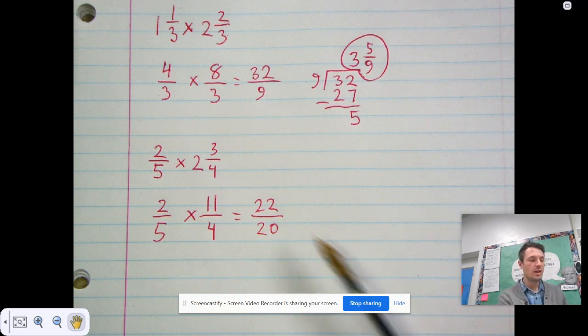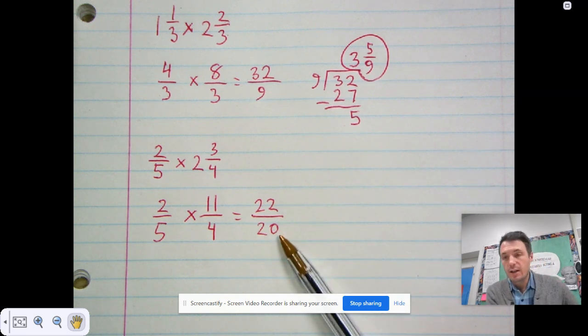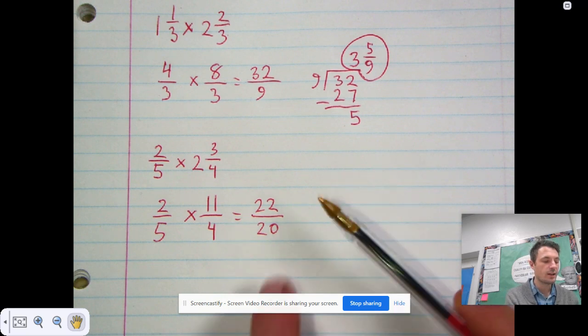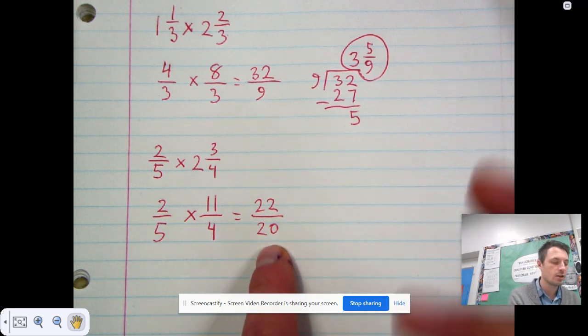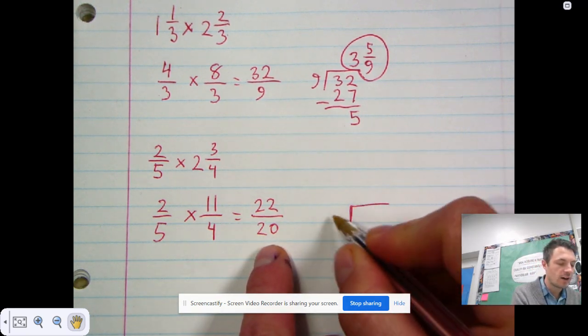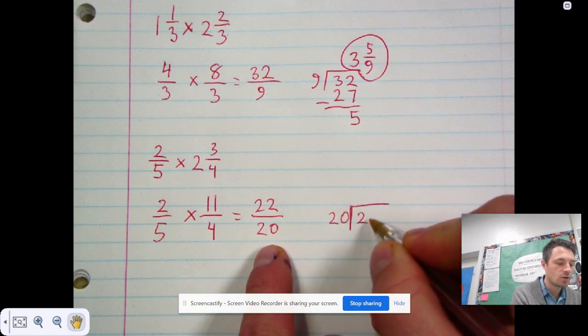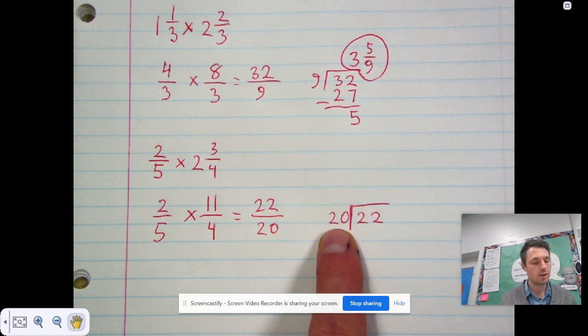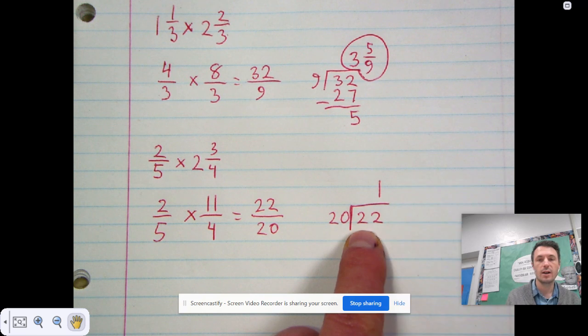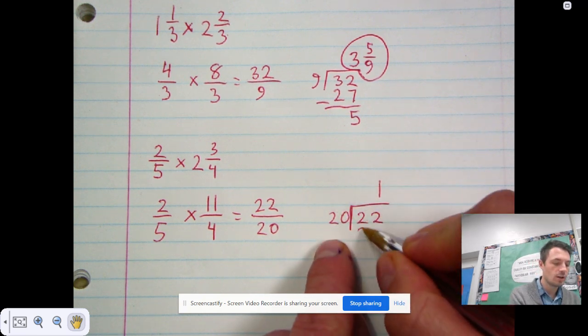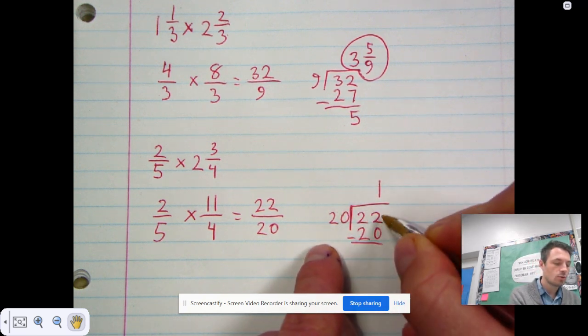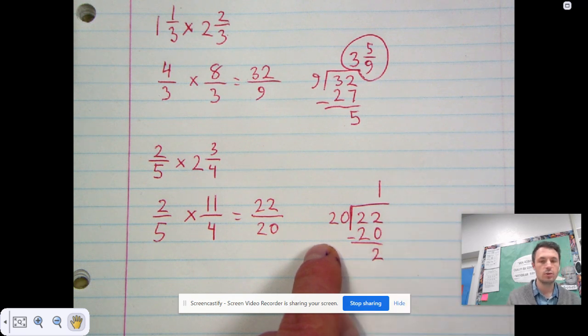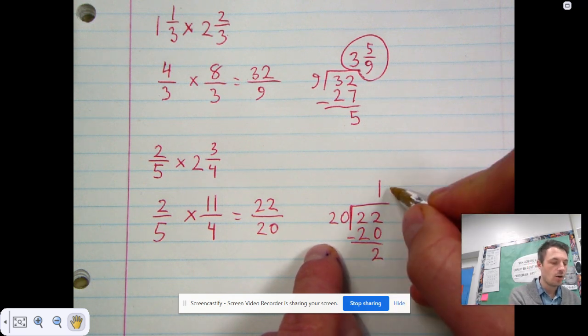And you can see we have an improper fraction as our answer, and we can't leave it that way. We can't leave it with a numerator that's bigger than its denominator. So we have to divide the denominator into the numerator. 20 can fit into 22 one time. 1 times 20 is 20. 22 minus 20 is 2. And now